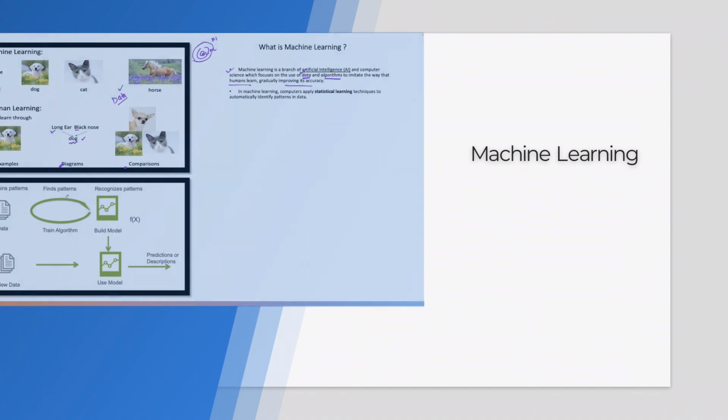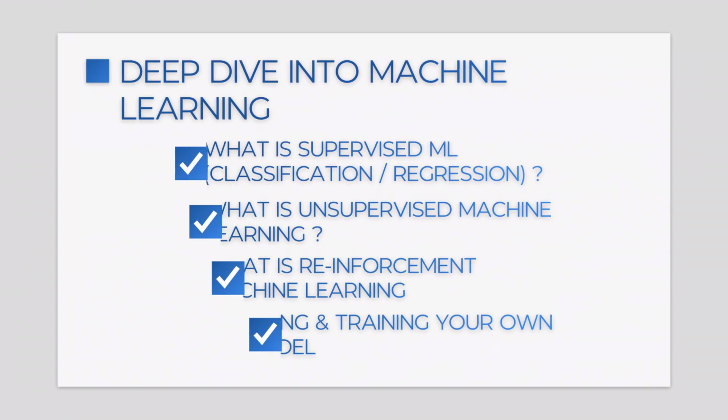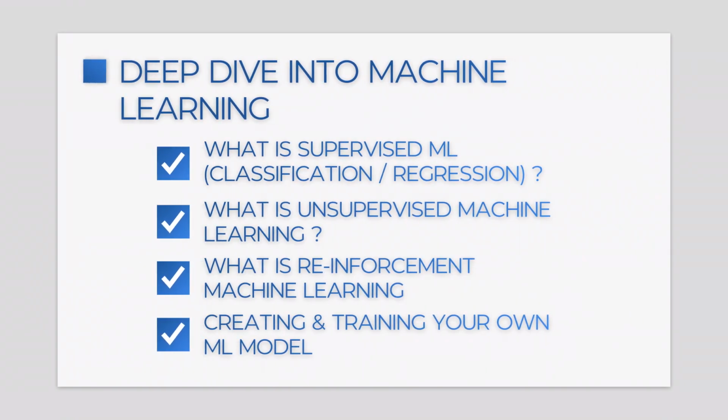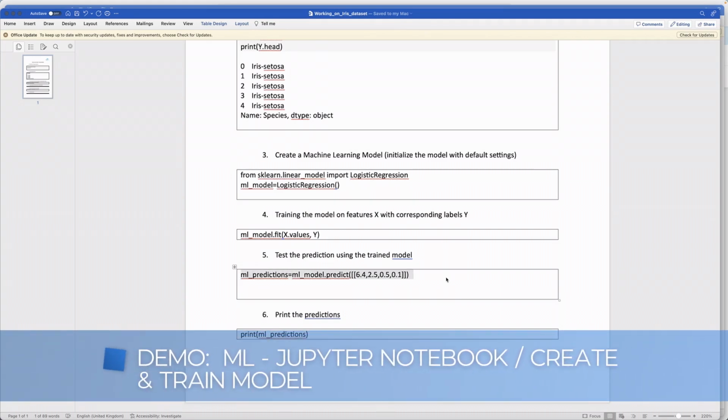Find the patterns in the data, right? Let's say if I talk about the cat and dog example, there will be different features. Underscore model, right? That is our model. And now I'm using another variable, which is ML underscore predictions. So, and now